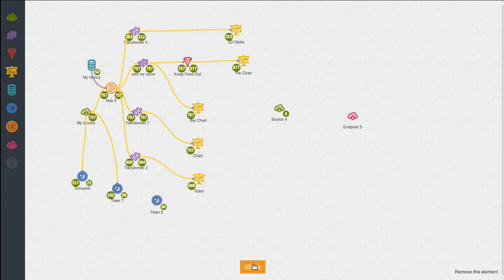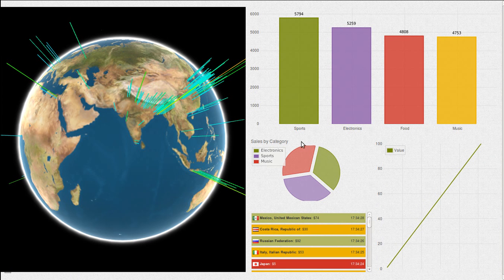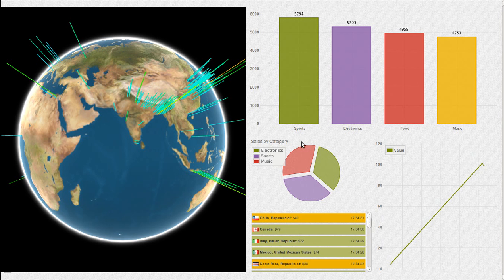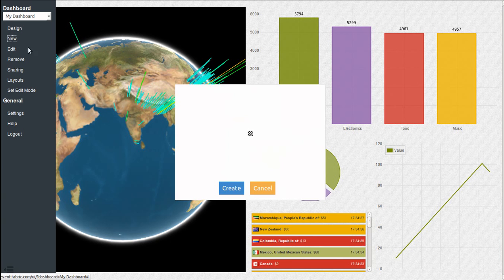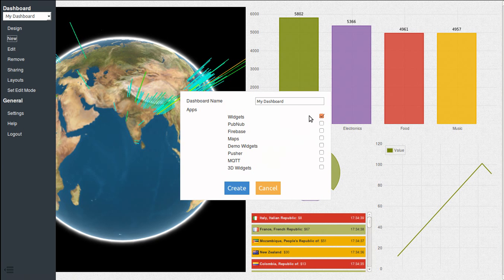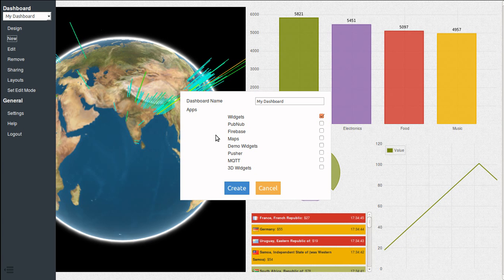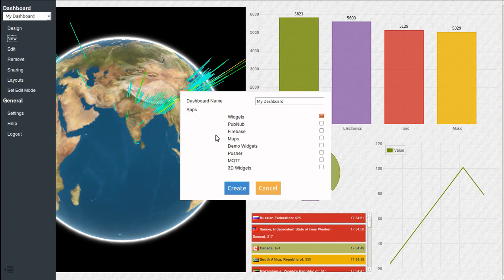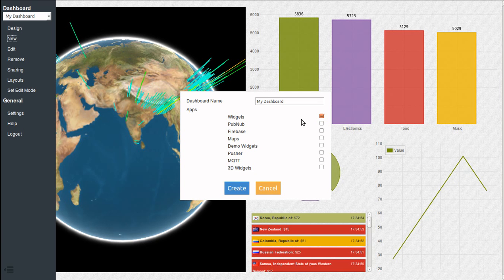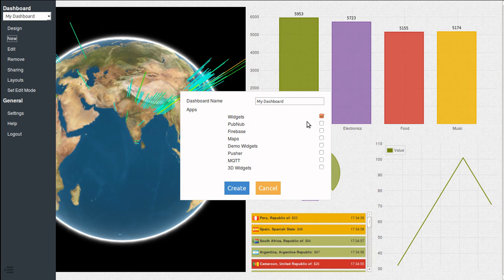So that's an overview of Fabric. For example, we have a nice dashboard now, and you can of course play more with it. You have more dashboards. Of course you can create a new dashboard. These are the apps I was talking about. Fabric is a platform. You can add more functionality like event sources, endpoints, widgets, and elements through plugins. We keep adding plugins as we need them. For this dashboard, I use the widgets plugin and the 3D widgets, but you can add more sources, more widgets,